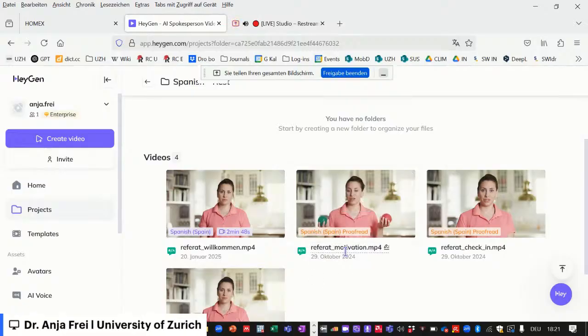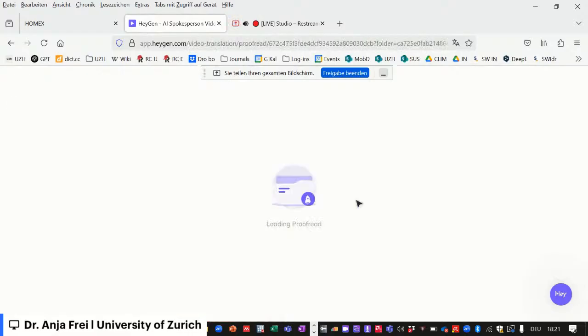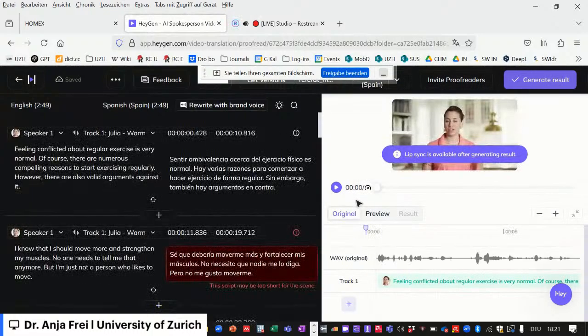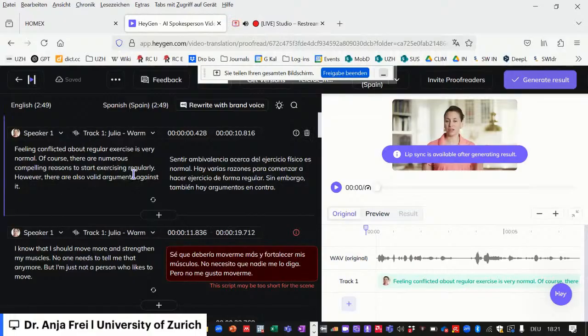I just show you a video that we already have translated by AI. This is one in Spanish. If you just upload the video, you choose the language that you want, and then you have it here as this example. In Spanish, we are currently translating the program in Spanish. And then, as you can see, here are the text slots, and here is the automatic translation by the system.